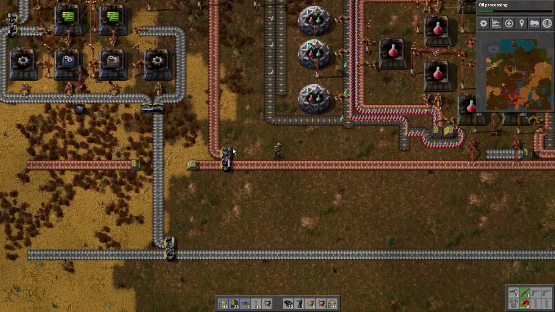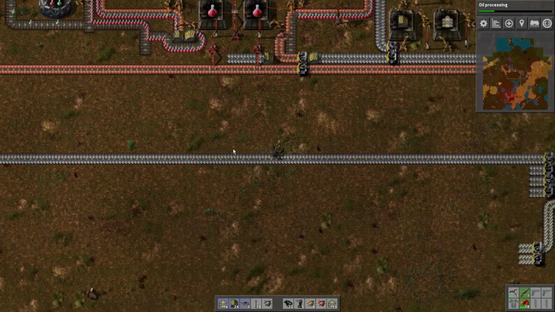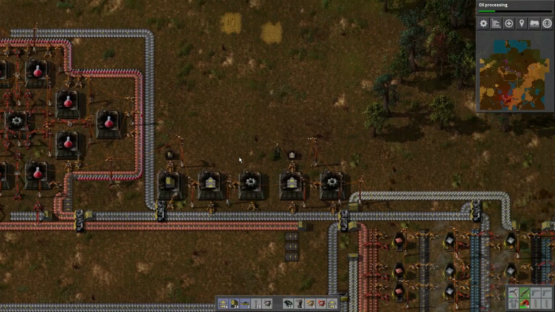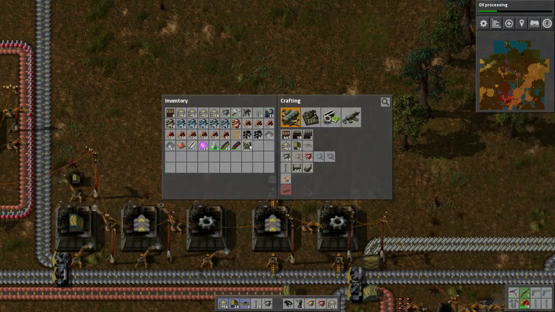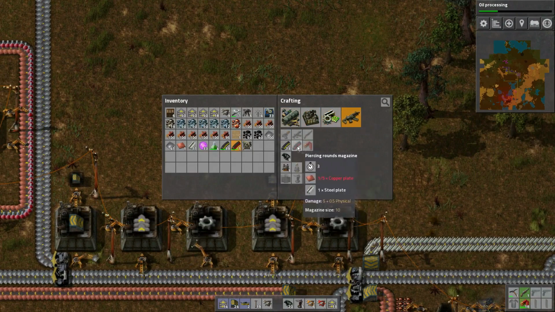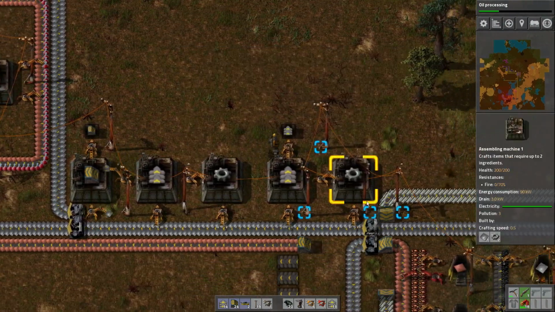I always say I'm going to do something, and then I end up not doing it. We are going to start creating bullets. And I think we're going to do them right here, simply because we've got all the ingredients nearby. And I haven't used this area yet. I keep talking about the bus, and then I keep circumventing the bus. But that's just the way it's going to work. So bullets take copper and steel. We've got copper here and steel here. So